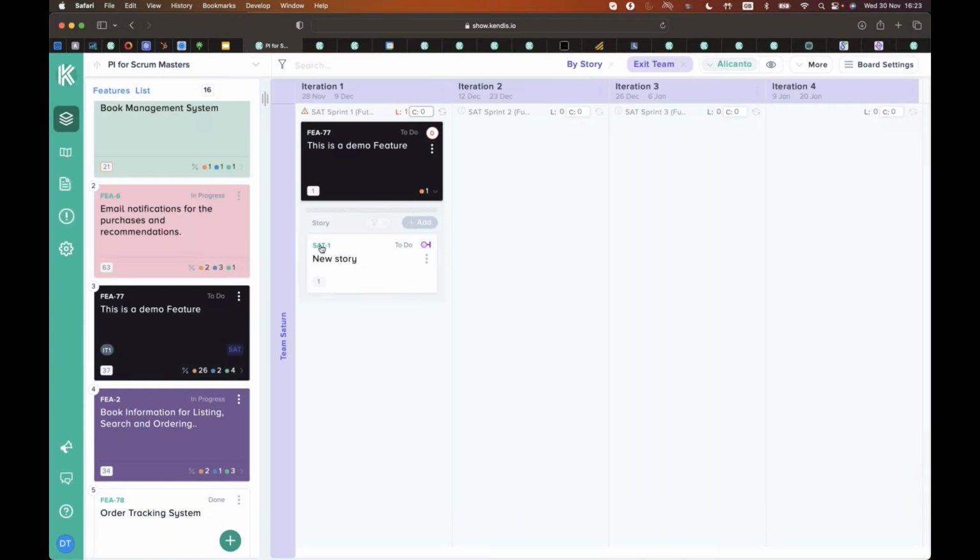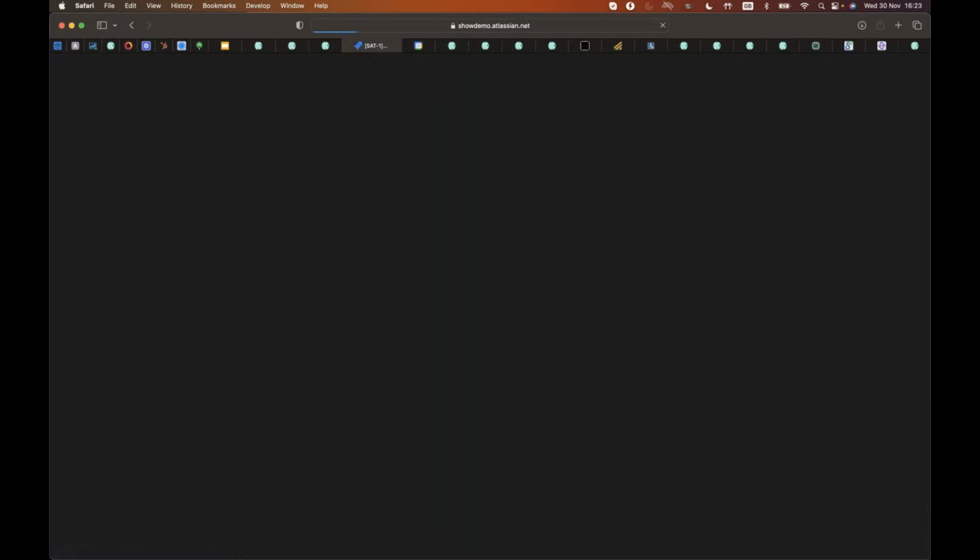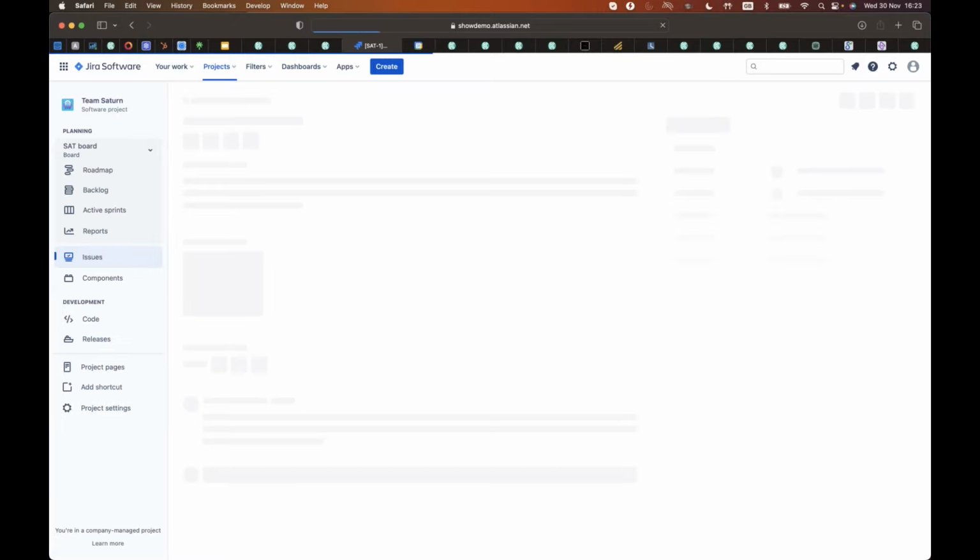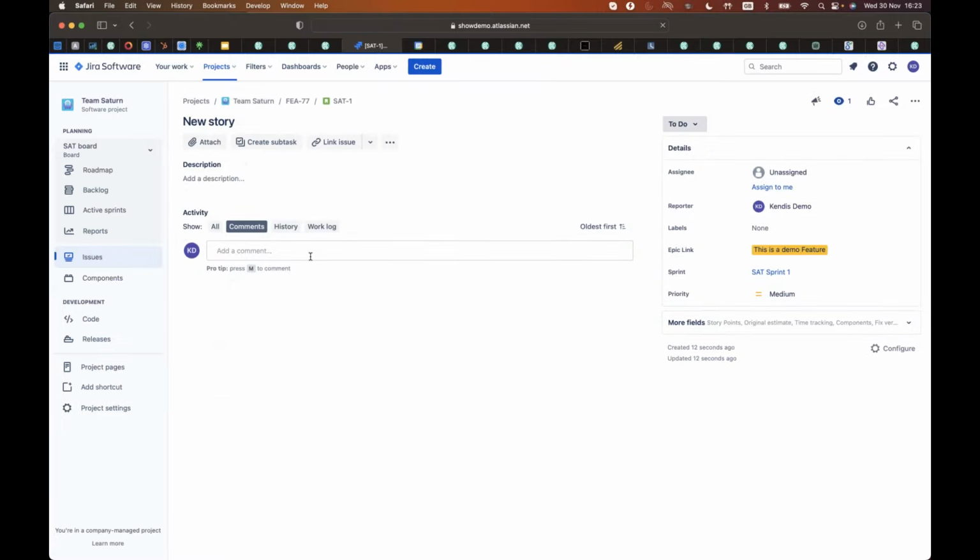And then in this case, it will go back to Jira and it will create a new story in Jira. If I click on that hyperlink, I can go straight into Jira and then I can do my magic. So this is where you do all your work with your teams. So where you describe what needs to be done with this user story, your acceptance criteria,